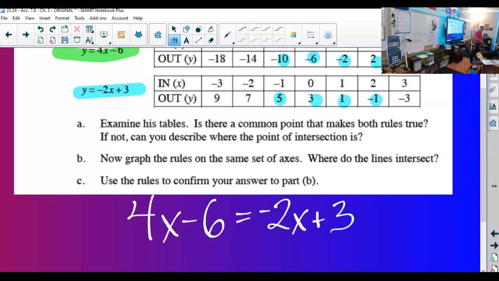I would look at variables first. I would do stuff with variables on both sides first. Then, because these are a bit more straightforward,